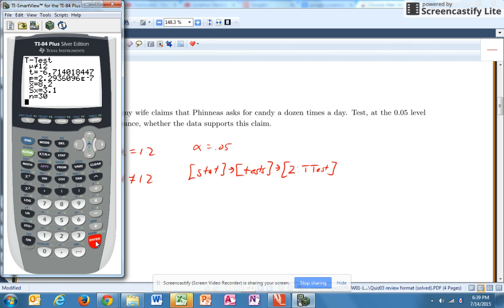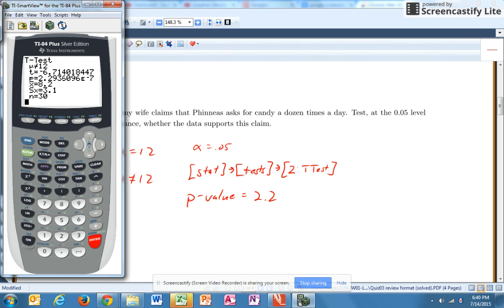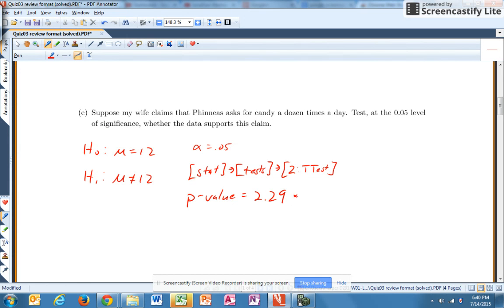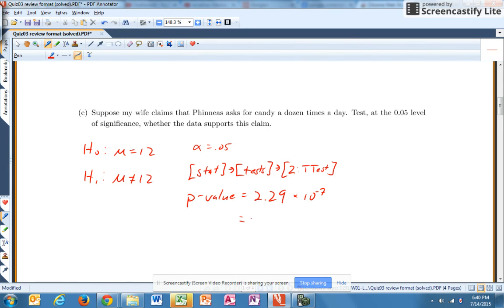Okay, now a p-value is a probability, so it's always a number between 0 and 1. So in this case, we want to be careful of the scientific notation. So here our p-value is 2.9 times 10 to the -7th. Or move the decimal place to the left 7 places. So that is